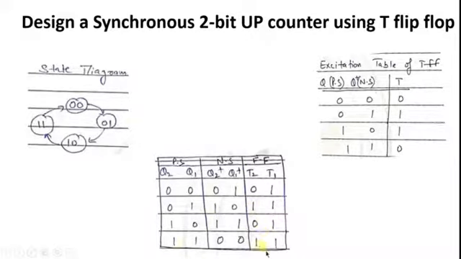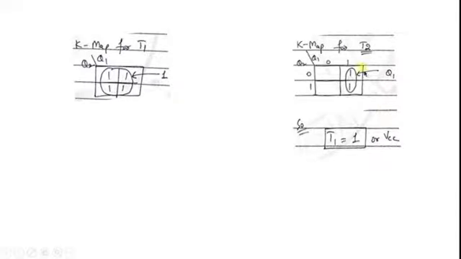Based on that, if you put it in the K-map, we'll be getting the value as this: the 0 1 value is equal to 1 and the 1 1 value is equal to 1. In the rest two locations we're getting the value equal to 0. So if we go for a pair, obviously the equation for T2 is going to be: Q2 is changing, Q1 is constant with value 1, so T2 is equal to Q1. So the equation for T2 is equal to Q1.